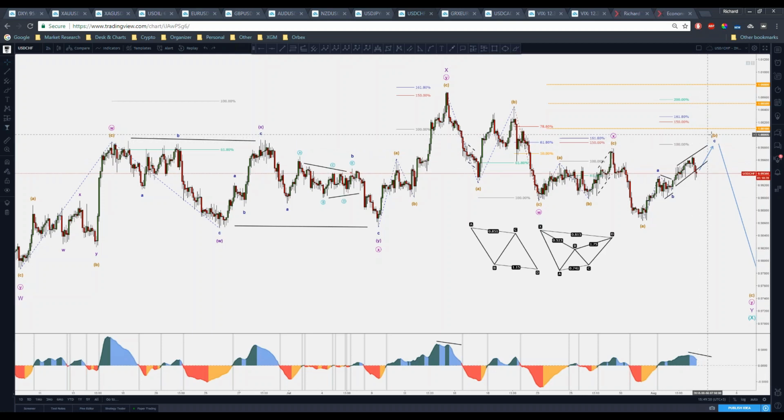The only invalidation, of course, would be something above the 100%, 161 point. It's a B wave. It is allowed to go beyond the start of A, right? But something above 1.001, yeah, would invalidate this. But as it so happens, this is showing bearish signs right now, as a possible bearish breakout could really occur in this very moment live, right?